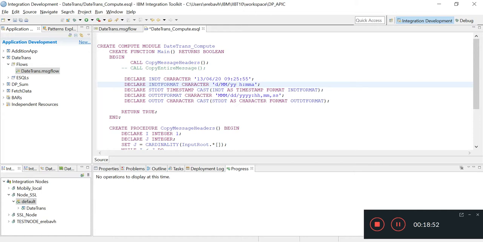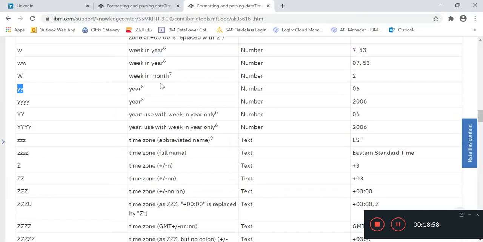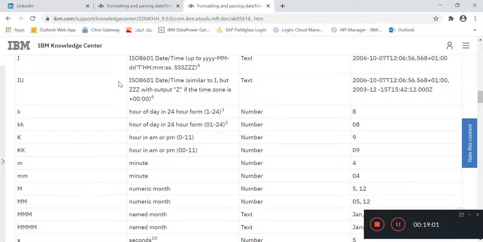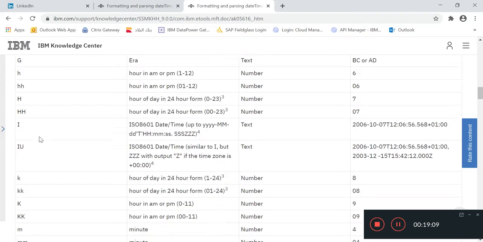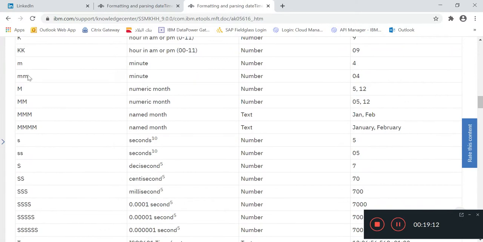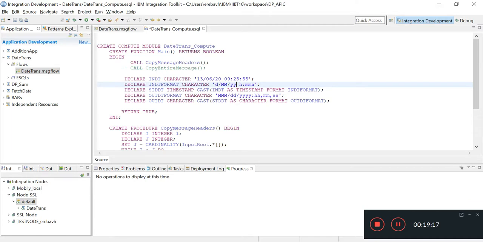And for hours 09 is here, so for the hours, like 09, we have to give the double h, and for minute it will be the same double m, and for second also the same double s: HH, double M, colon, double S. Here no AM no PM is there, so we are not giving AM or PM.